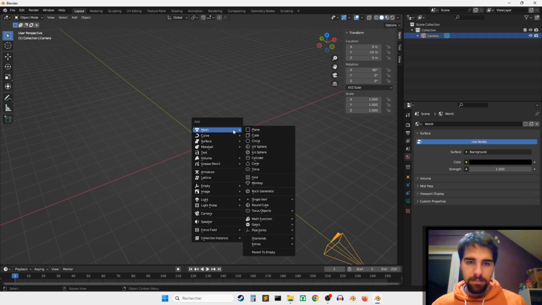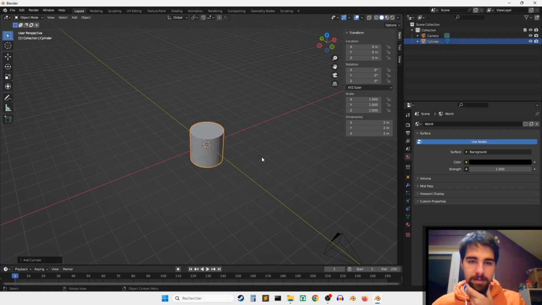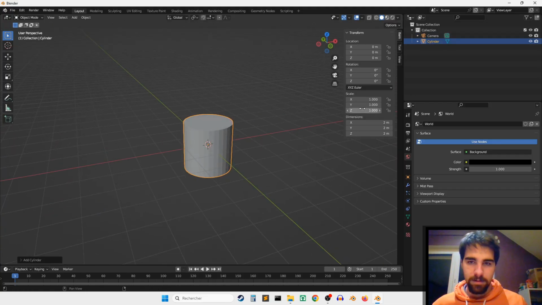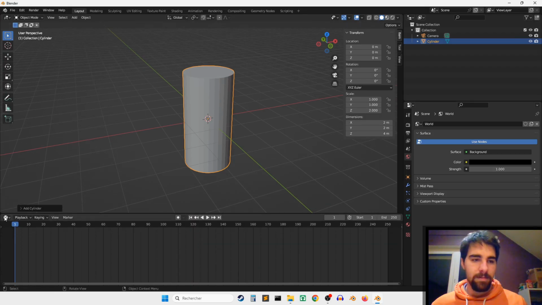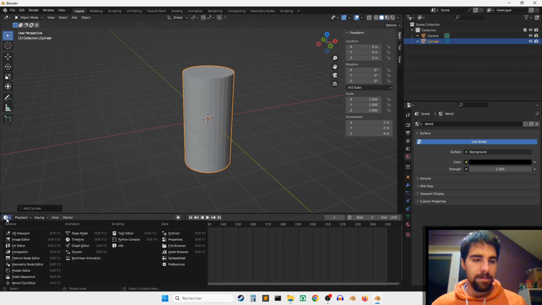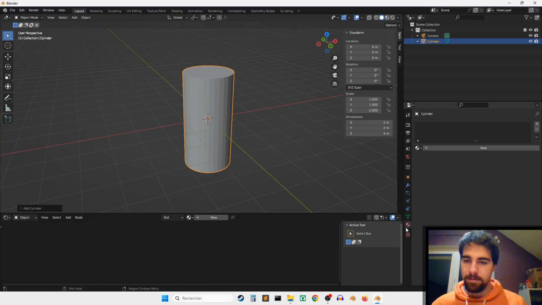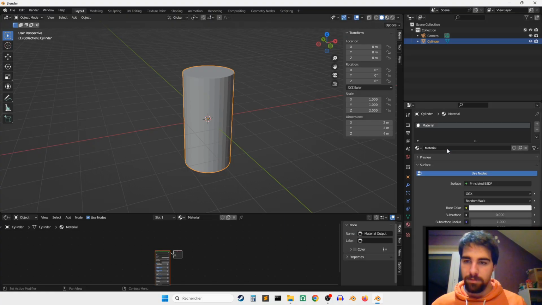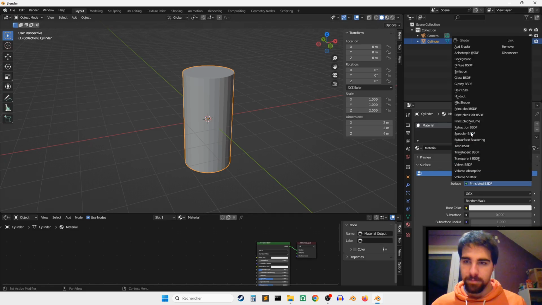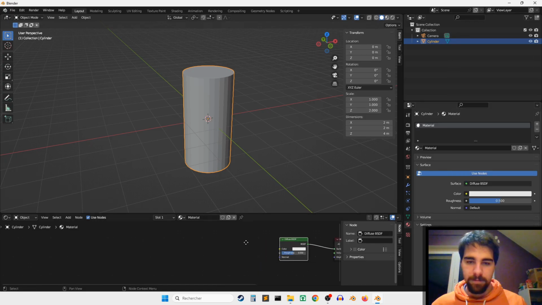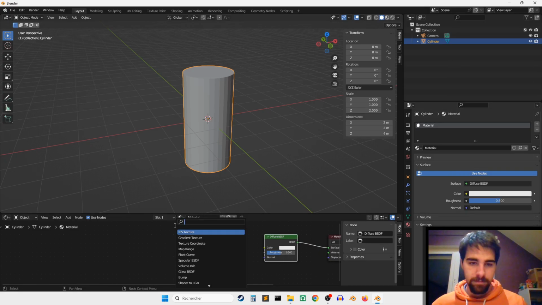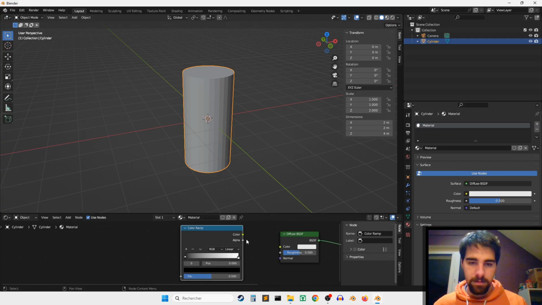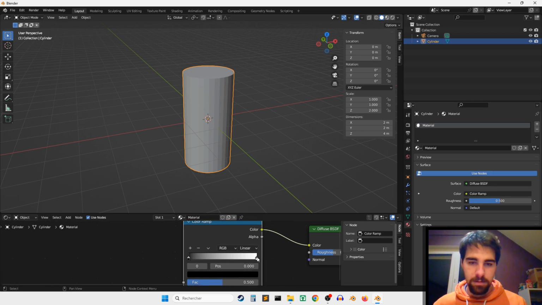So, Shift A, cylinder, twice I, let's say, shader, new, diffuse BSDF, color ramp, color,